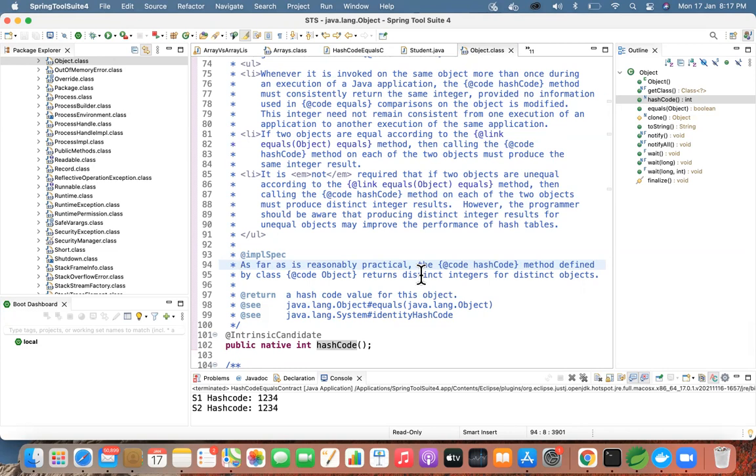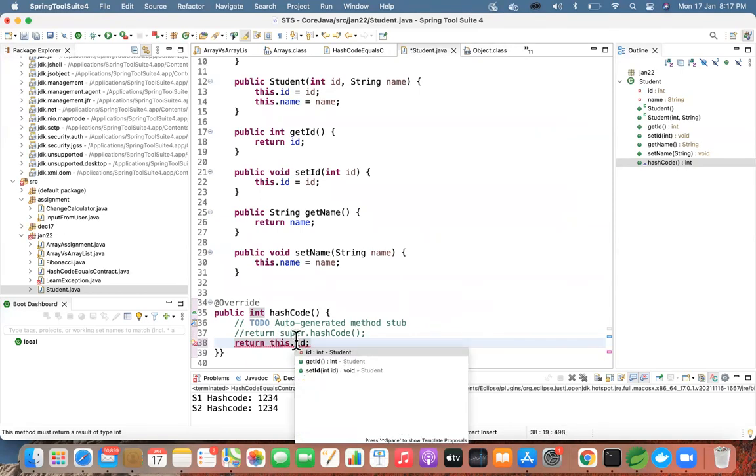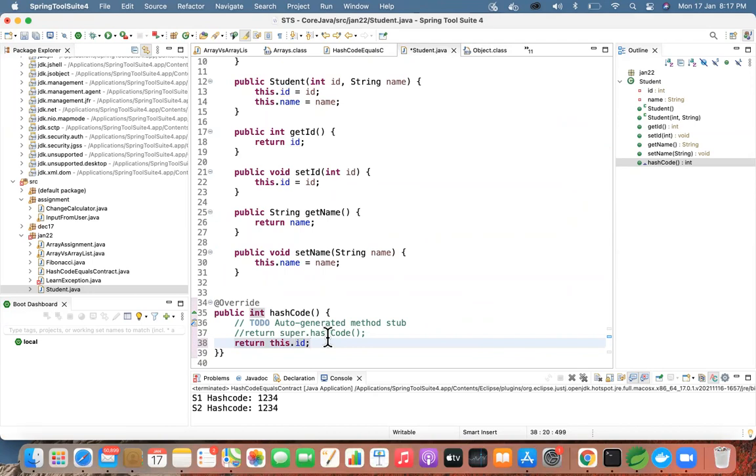So what we're going to do is go to student.java and write our own logic by returning a unique ID. Instead of giving 1, 2, 3, 4, I'm going to return the student ID. The student ID is a primary key in my student object, so I can give that as the unique value to return as my hash code.